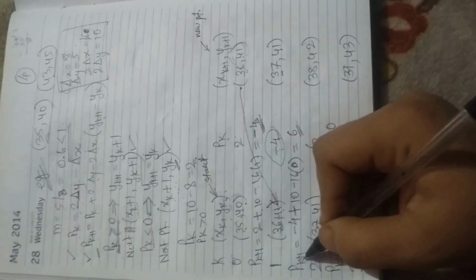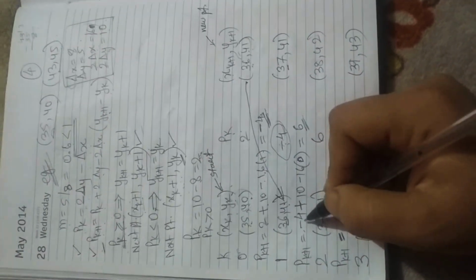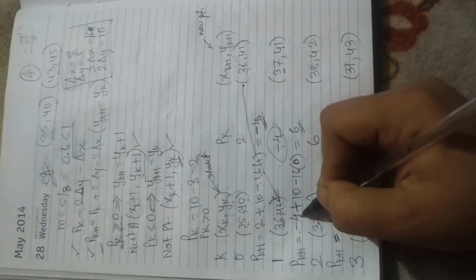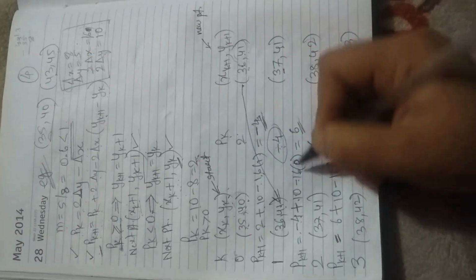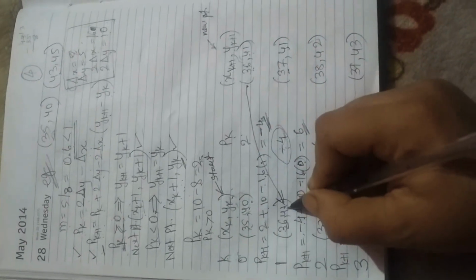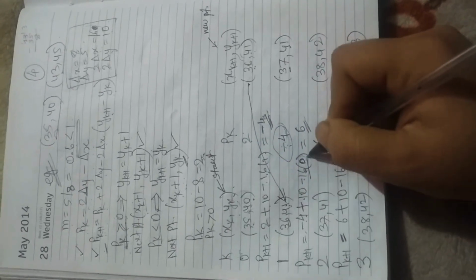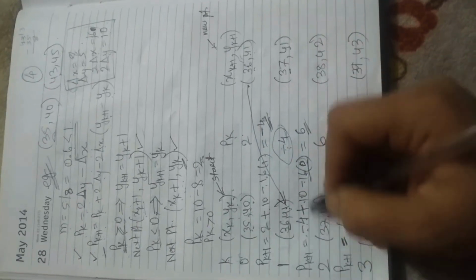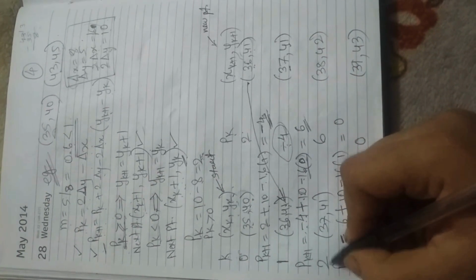Next step, again we will calculate the new value of pk, the new decision parameter. In that, again we will put the previous decision parameter minus 4 plus 2 delta y minus 2 delta x into, now it is 41 and it is also 41. So 41 minus 41 is 0. So this entire term gets cancelled. So what is the answer over here? 6. So now we will write the next iteration.